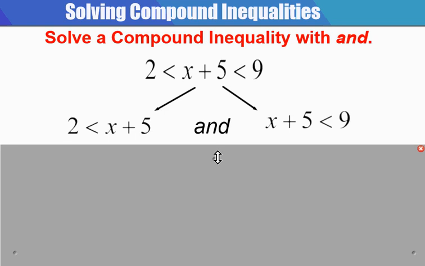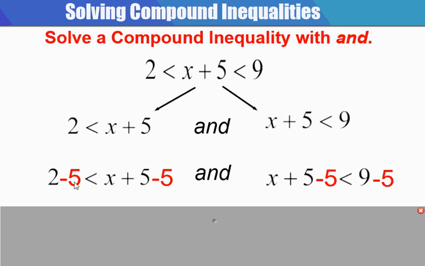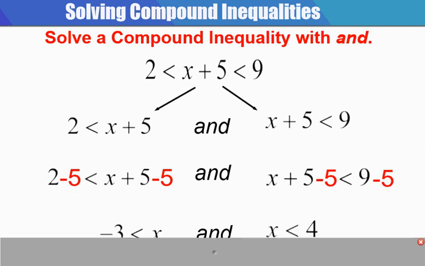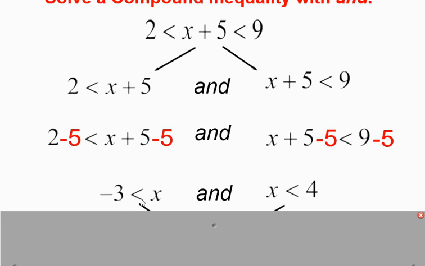So I'm going to show you two ways of solving an and. This first way is a little longer, but it'll make you appreciate the shorter way here in a moment. So I can split this into two and statements. 2 is less than x plus 5 and x plus 5 is less than 9. Now I just solve them individually. How do I solve them? Subtract 5 from each side. Over here on the left, I'm going to end up with -3 is less than x. Over here, if I subtract 5 from each side, subtract 5 as shown in red, I end up with x